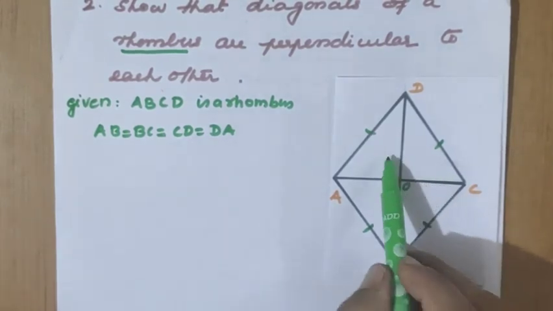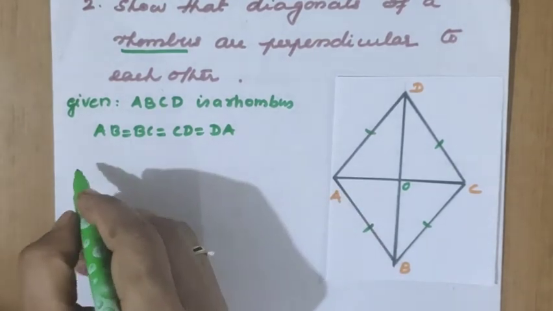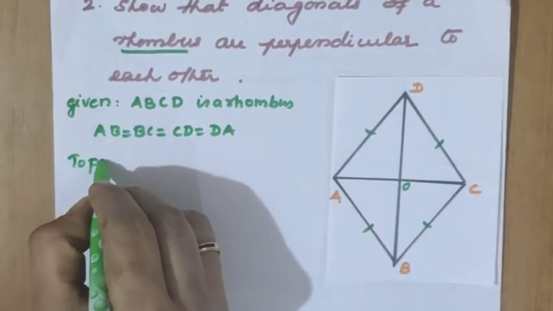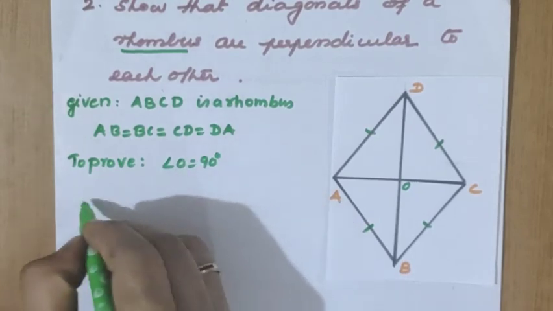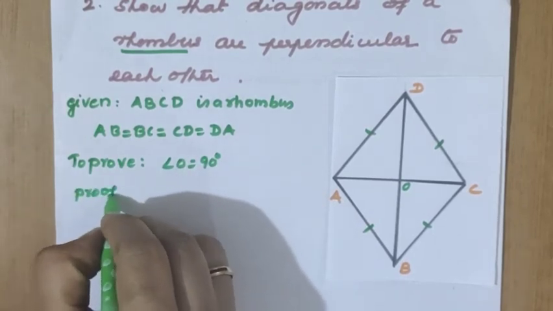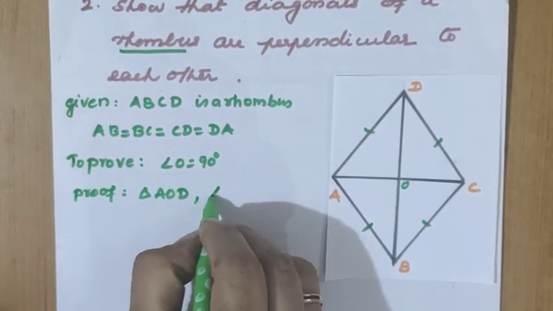So we will consider these two triangles, AOD and COD, to prove angle O equal to 90 degree. Proof: in triangle AOD and triangle COD,